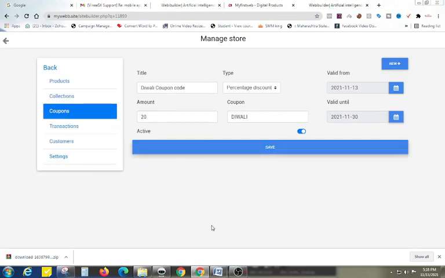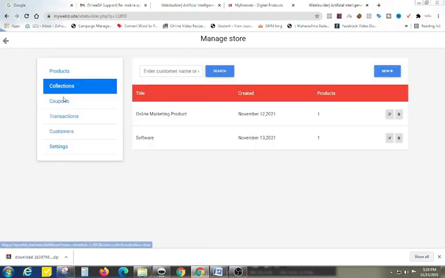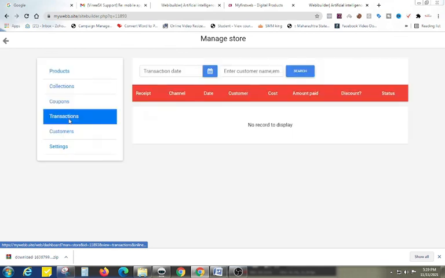So let me see if anything is remaining in the collections. There are two products, online marketing product and the software. Collection means category. In transactions, you can see whatever product has been sold.